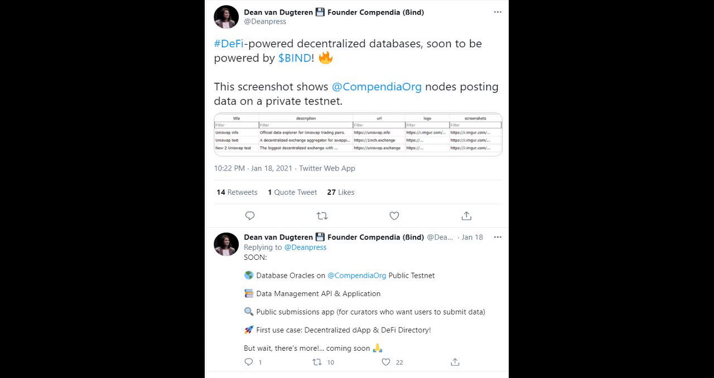First update occurred on the 18th of January when Dean showed us a screenshot that shows in a private testnet environment how nodes are able to become decentralized databases which distribute data to dApps and APIs. In the screenshot you can see how trading pair data on Uniswap and OneEdge exchange can be stored and distributed